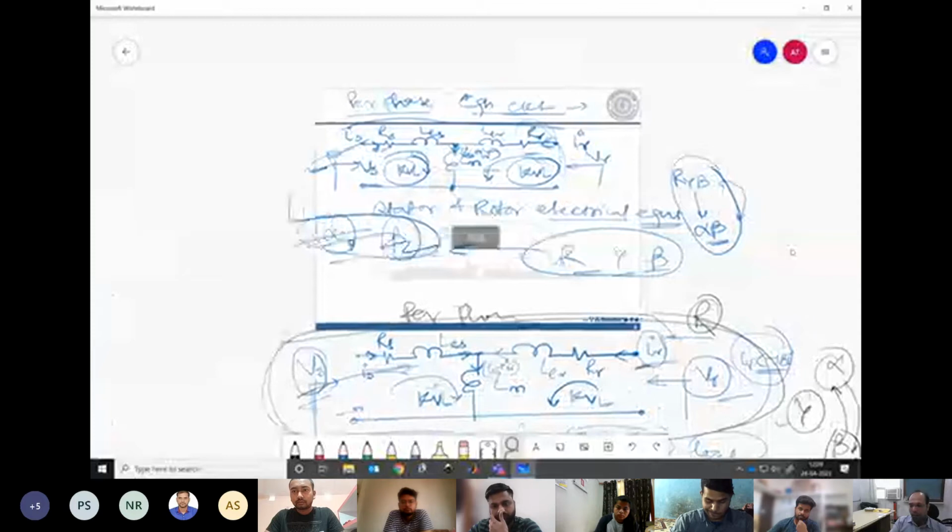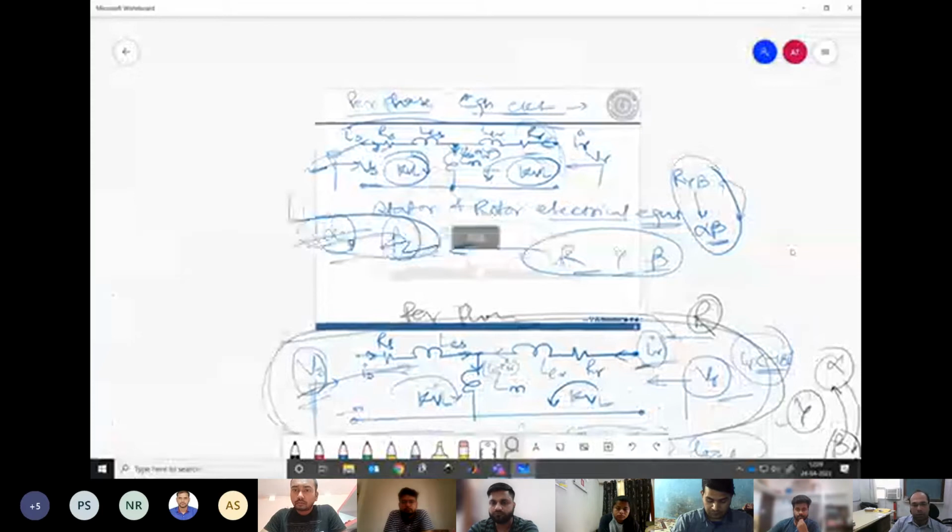But let us say we talk about someone traveling on a train. Then it would be difficult to say unless we know the speed of the train. If we are standing outside the train, we cannot tell the position of the other person exactly unless we know the speed of the train. It is similar to that. The quantities which we are defining are dependent on the reference frame. That is why we need to be careful when we are writing equations.